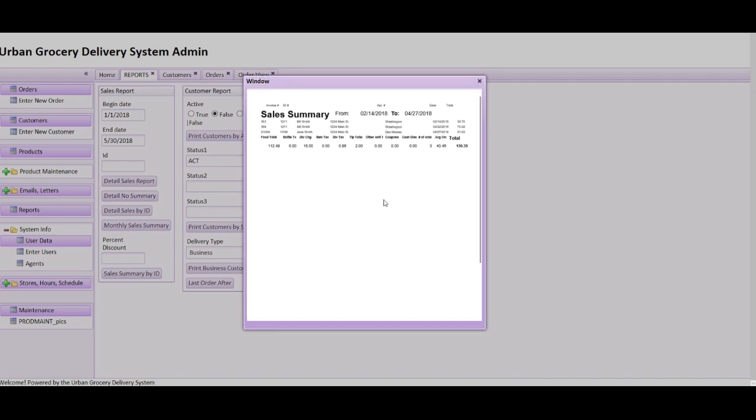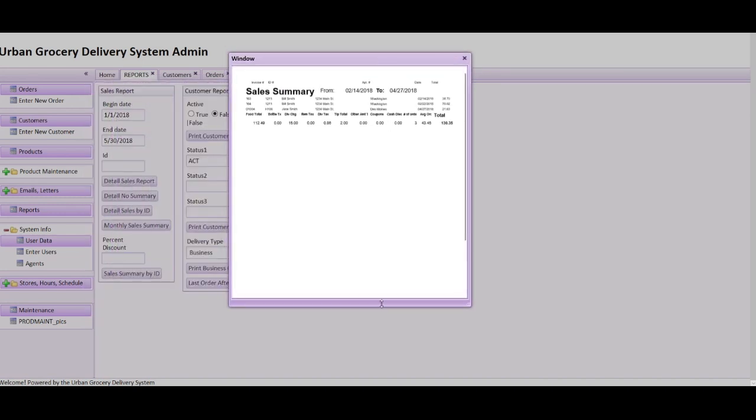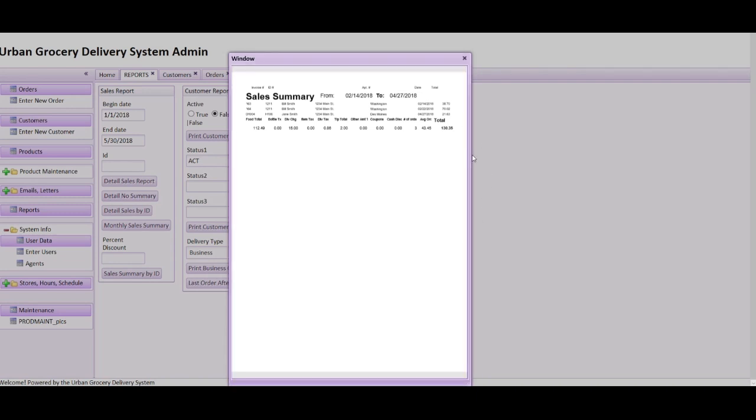Oh, I guess I can't expand this. My bad. Okay. Oh, yeah, we can expand it some. Yeah. So basically,